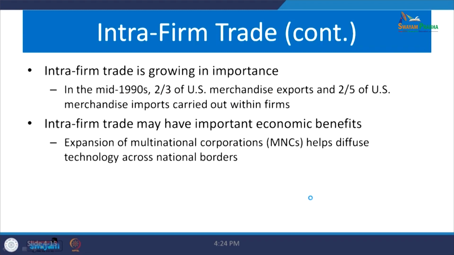And to continue with the intra-firm discussion, especially from the mid 1990s, 95 onwards, 2/3 of US merchandise exports and 2/5 of US merchandise imports were carried out within firms. So, you can imagine how many products are actually carried out